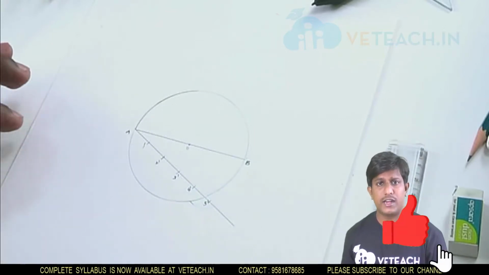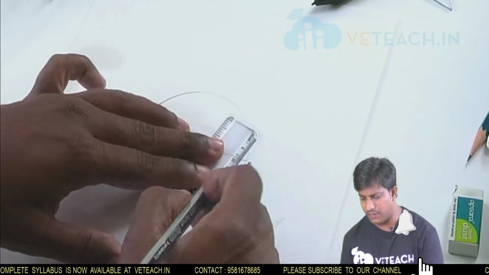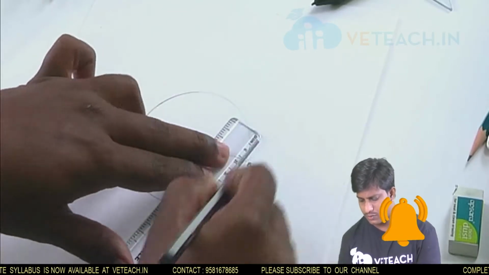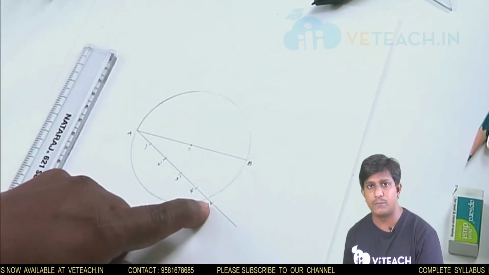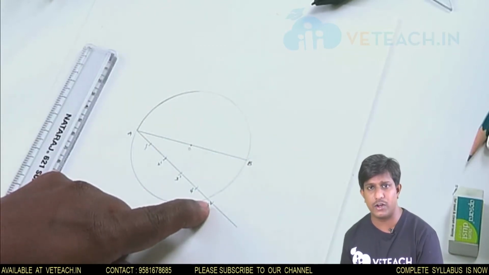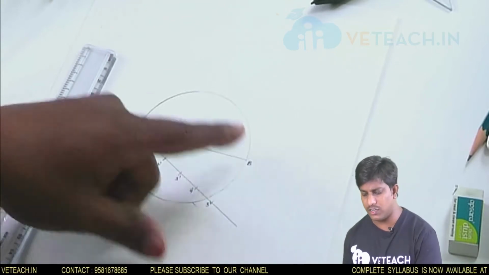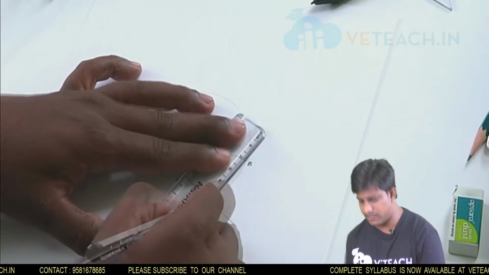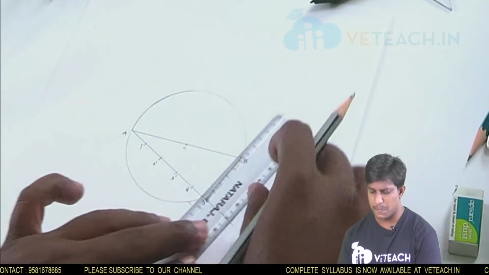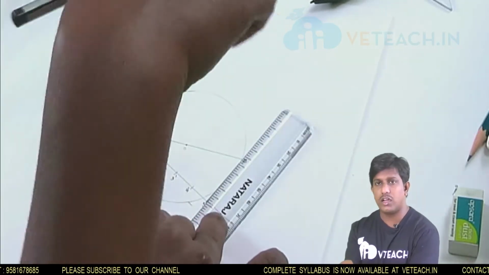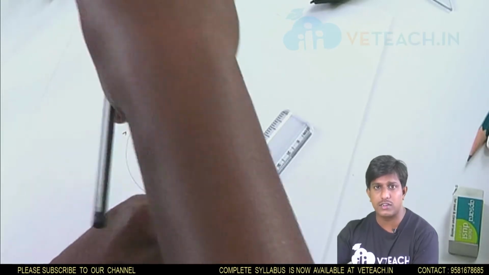Now by using the drafter, I am completing the line dividing concept. From point 5, this is the end point for us, and B is the end point of the line. Join the end point and the end of the line by using the drafter, that is 5 and B. Okay, and lock the drafter.